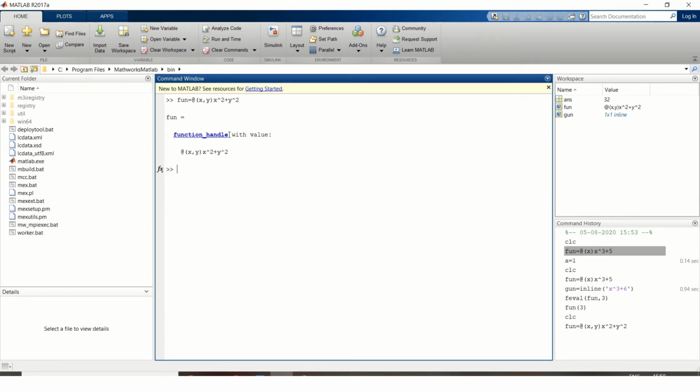If you want to evaluate that using feval, you call feval, comma, the name of the function, comma, the value of the first variable, that is x, comma, followed by the value of the second variable, that is y. It will maintain the sequence. The first value belongs to the first declared variable, the second value belongs to the second variable.